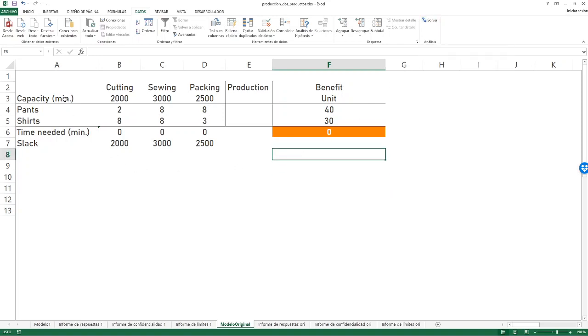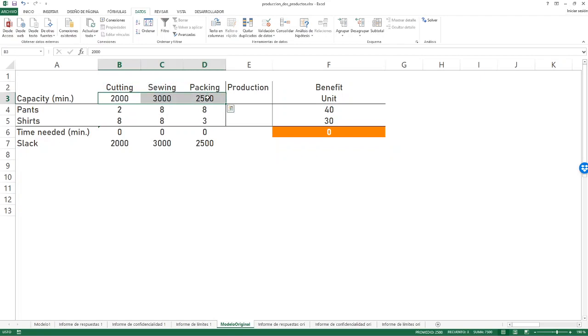And what I have here is the information we had in previous slides with some additional cells. So we have the capacity in row 3 for all 3 processes, columns B to D. The unit consumption, resource consumption per item, per pants and shirts. And I have added a column here. Well, it was already there, but now I have the possibility to use it, and I can, for example, type